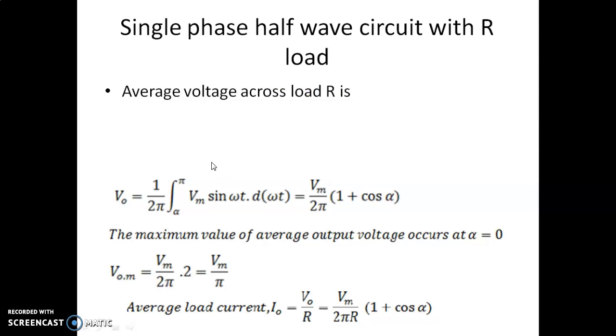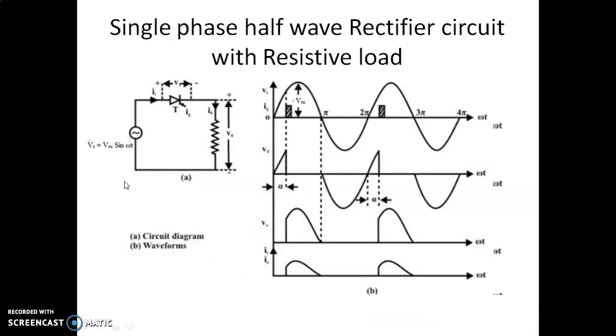All the voltage will come across the switch since there is no current in the circuit. Now coming to the average value of the voltage across the load. We know that the output voltage is there from alpha to pi, and its equation is v equal to Vm sin omega t. When we are taking the average, we have to take one full cycle. The waveform repeats every 2 pi.